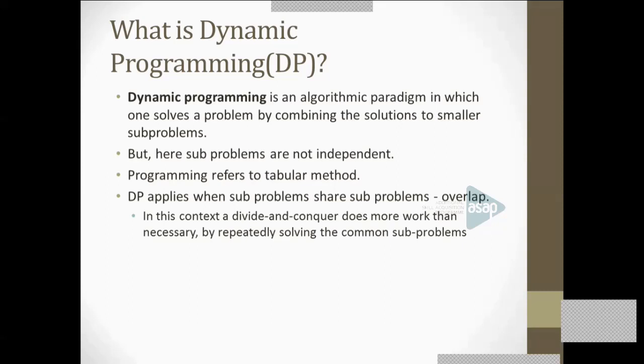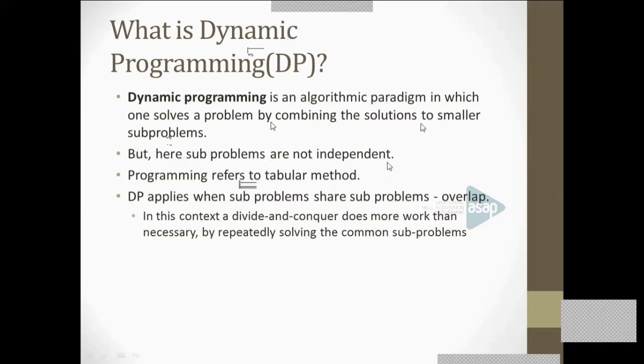In divide and conquer, each subproblem is independent and they never overlap with other subproblems. Another thing is, whenever a subproblem is encountered, you have to solve it each time. And this does not happen in dynamic programming. See the first point here, you can see that it also solves a problem by compiling solutions to smaller subproblems. At this point, students may think that this is the same as divide and conquer. No, the subsequent points explain the important characteristic of dynamic programming.